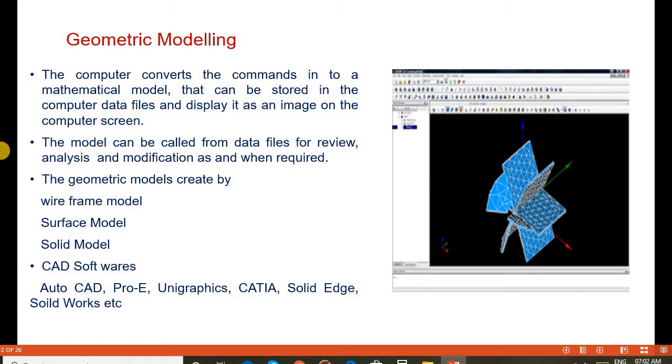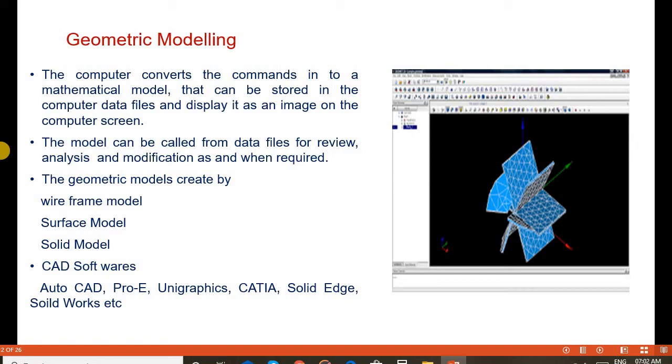That mathematical model can be stored in the computer data files, and it is displayed as a graphical image of the product on the computer screen.